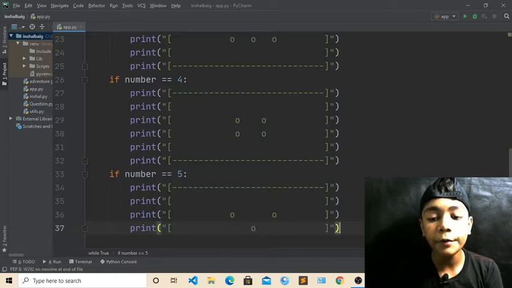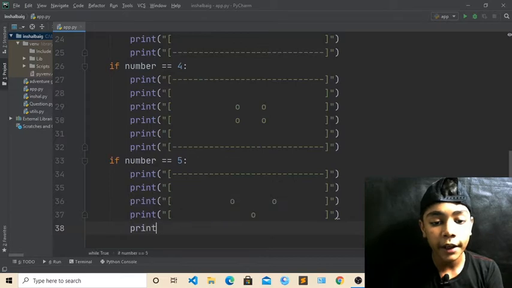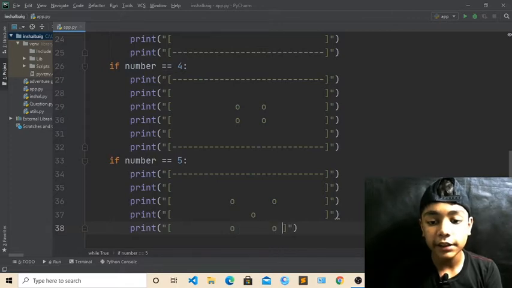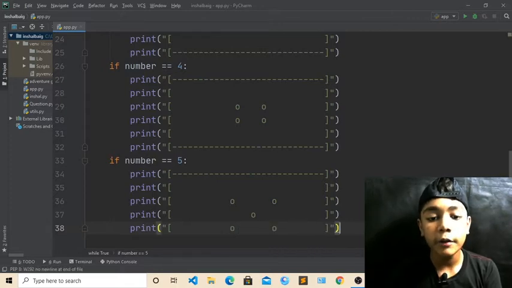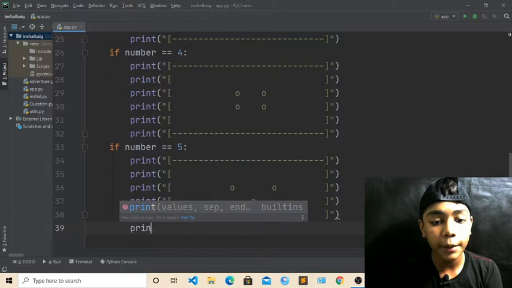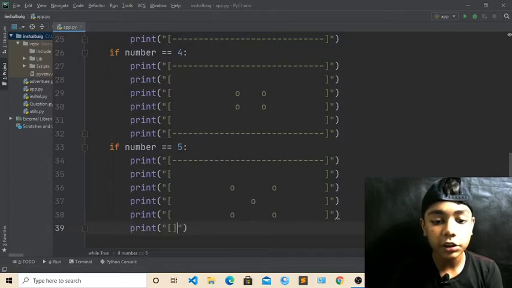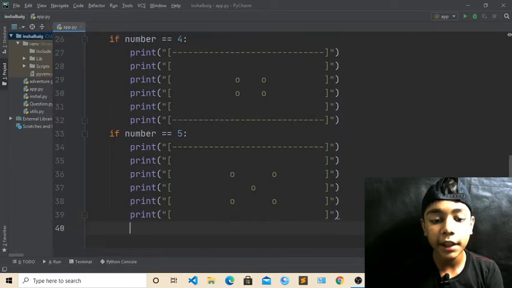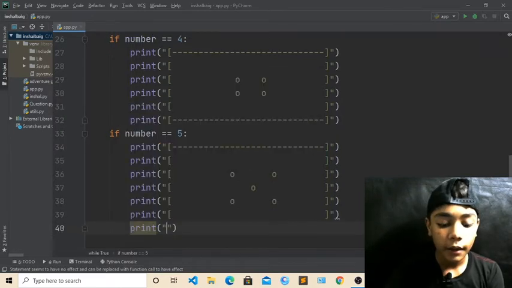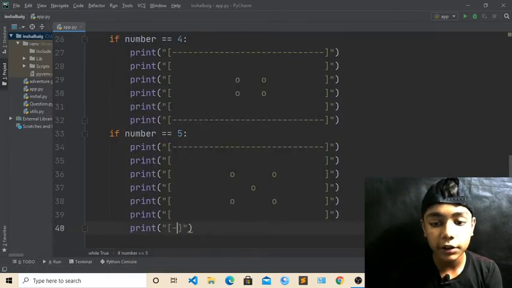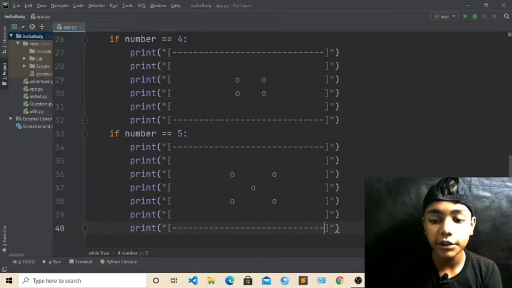Now when you have done till here, come over here, print tag, which will be like that, and now here you have to define like this, and now like this. Now till here we have done. Come over here, and now here you have to define print again, which will be empty with square brackets. Now this is empty, you can see this. Come over here, print tag, which will be dashes, because we are closing it, so we have to write another dashes over here.